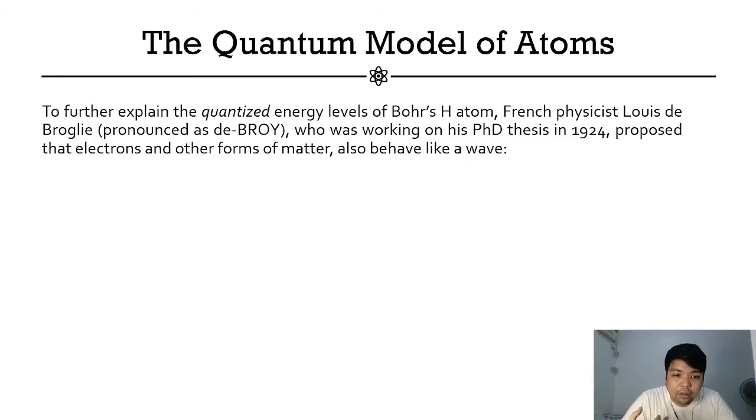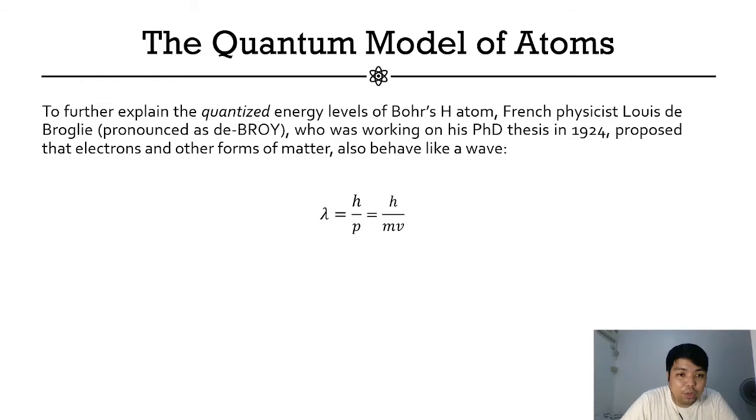Now, to further explain the quantized energy levels of Bohr's atomic model, French physicist Louis de Broglie, in his PhD thesis in 1924, proposed that electrons, and any form of particle or matter in general, also behave like a wave. So the wavelength of that object that behaves like a wave, which we call the de Broglie wavelength,